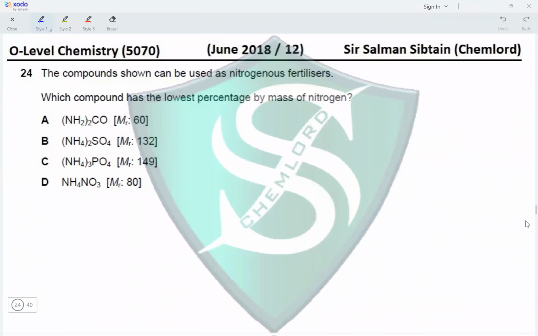Question 24. The compound shown can be used as nitrogenous fertilizers. Which compound has the lowest percentage by mass of nitrogen? Okay, so in the first salt, we've got 2 moles of nitrogen. So that would be 28 upon 60 into 100, giving us a percentage of 46.67%. Next, we have 2 moles of nitrogen, that is 28 divided by the MR is 132, and then we multiply this by 100, giving us a percentage of